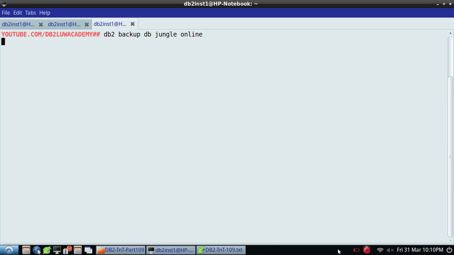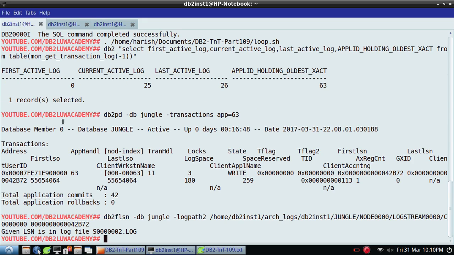Hopefully my power will be there. Okay, let's check it out. It's going to take a little bit of time. So from 2.log to 25.log, so roughly about 23-24 log files it is going to get included,